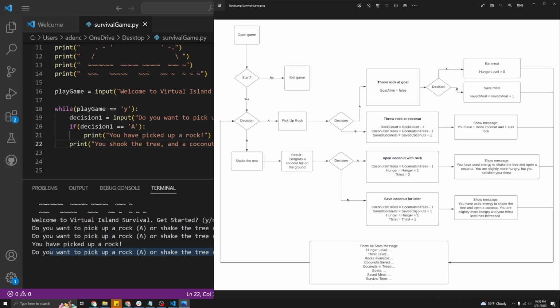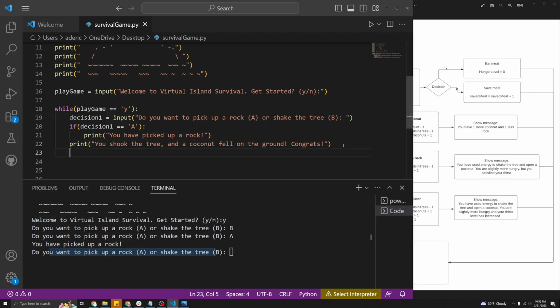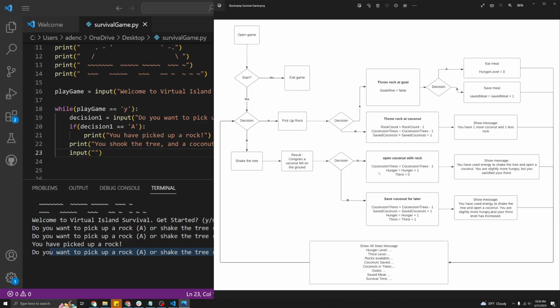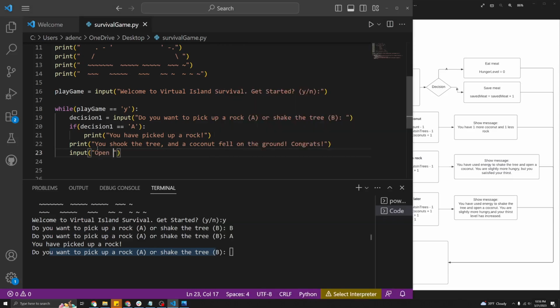So that's another decision we have to ask and get the input before we branch off to these other results here. So let's ask, let's say input, and we can just ask open coconut with rock A or save coconut for later B. Maybe call this decision 2. And if